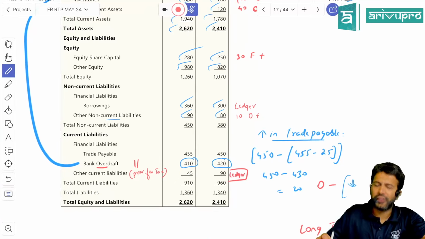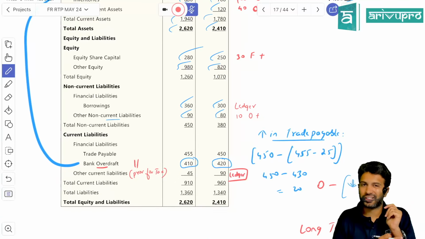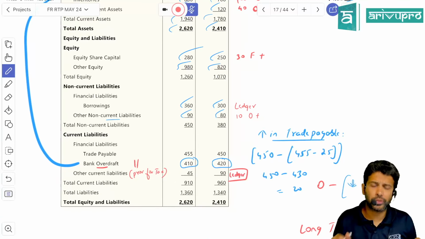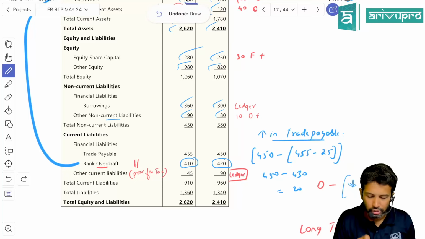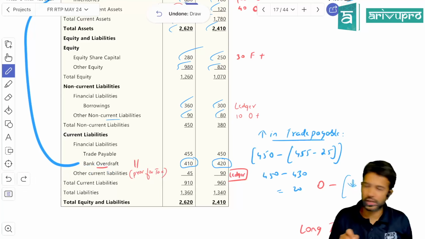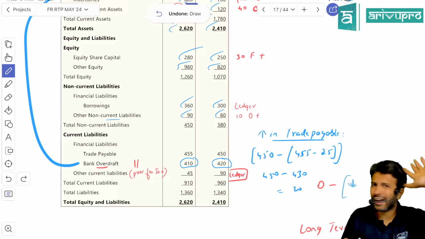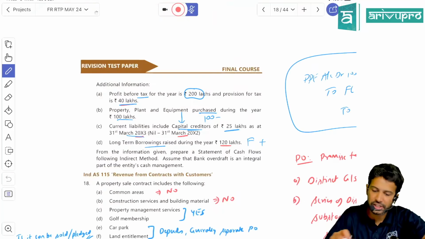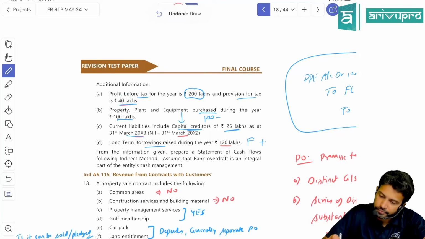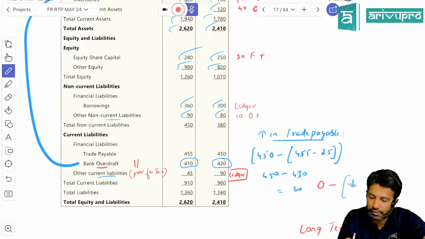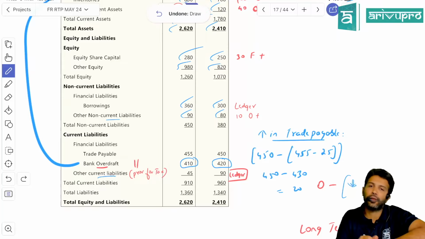Other current liability: if you read the question, they gave provision for tax, right? We did not see any provision for tax. So the assumption is this other current liability. Provision for tax is a current liability, no? So this other current liability is nothing but provision for tax, an assumption, and a valid one because they gave provision for tax in the adjustment also. So this 40 lakh is a provision for tax made in the current year. We'll assume this current liability, opening and closing balance, as provision for tax and prepare